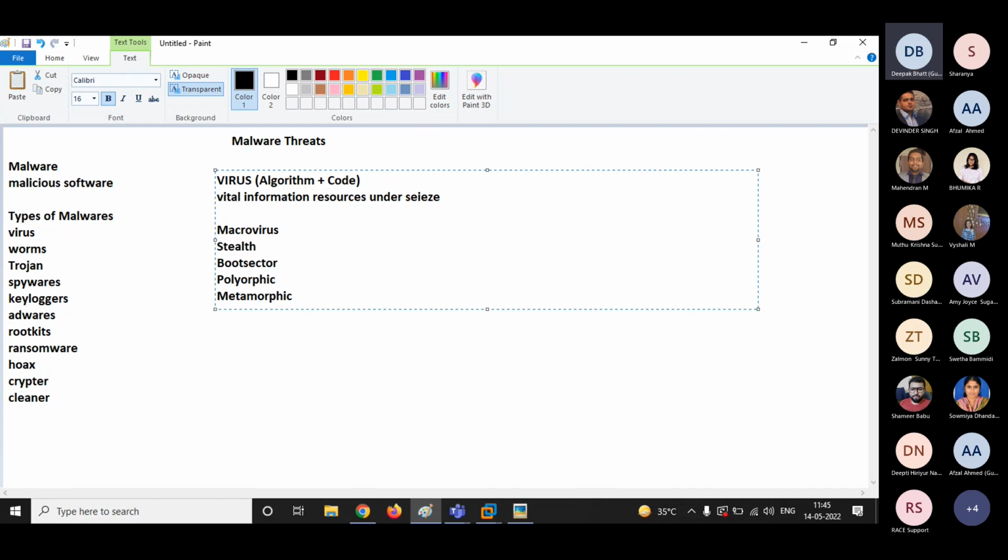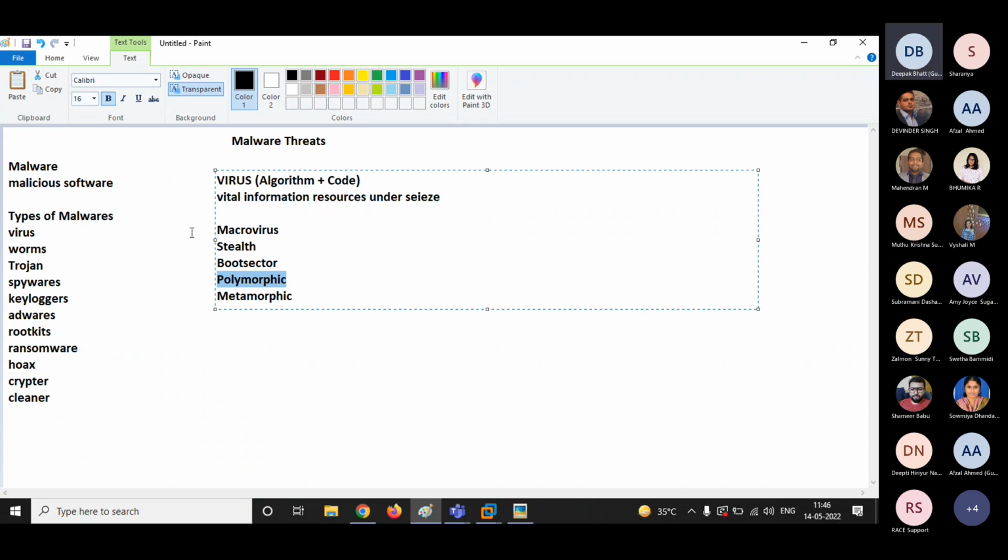These are the types of viruses we have, guys. Let me tell you one thing: from this module, you will get at least 4 to 5 questions. 3 questions will be from virus itself. They will ask you what is a macro virus, what is a boot sector virus, what is a polymorphic virus, or a metamorphic virus. So please be ready with these questions. That's what I explained in the beginning.